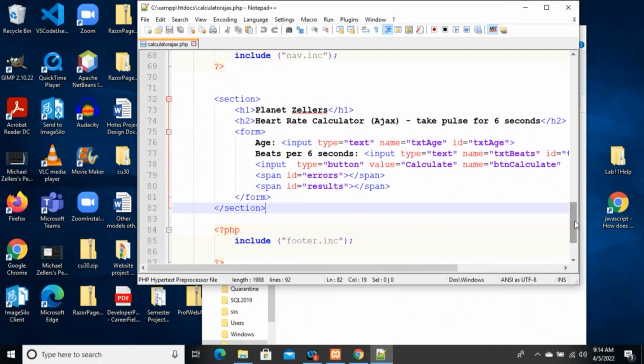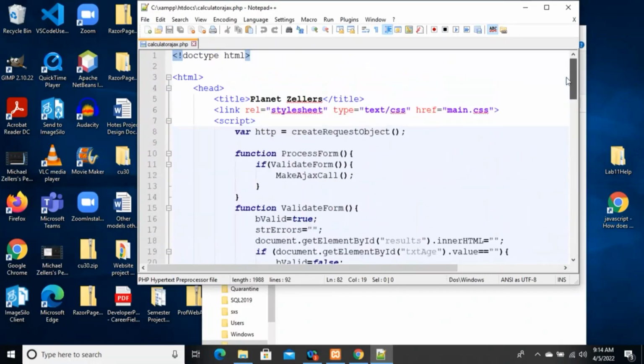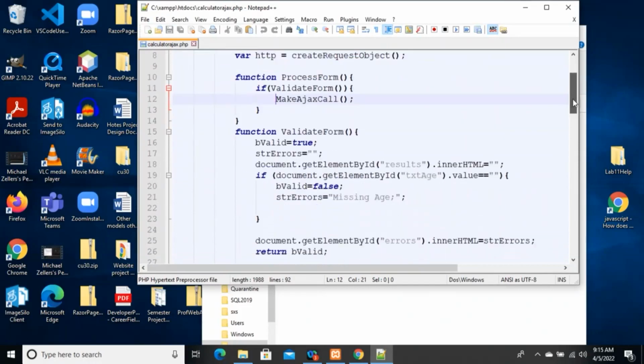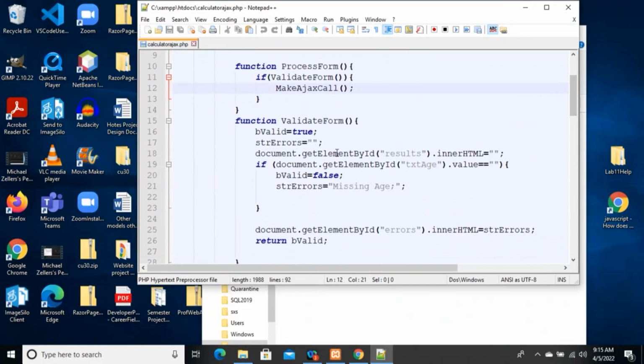Now, what does process form do? It validates the form, and if the form is valid, it calls make Ajax call. The validation of the form is very similar to what it was before. I initialize the variable to true. I check to see if the age has a value. Again, I'm not doing a lot of validation here on the client side,